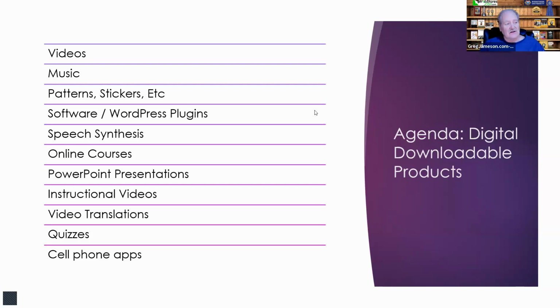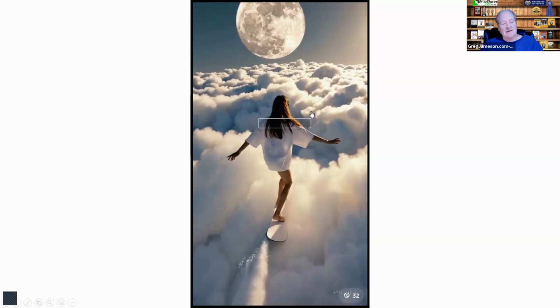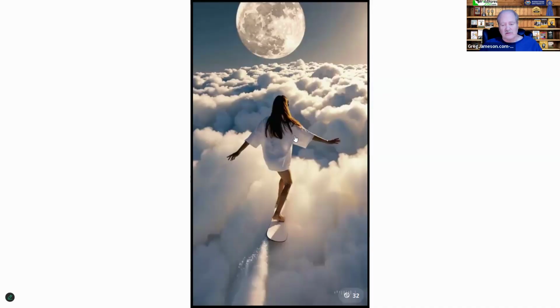But let's start out with videos. Videos are something that AI really started having some fun with about a year ago. Prior to that, AI was not very good at creating videos, and I'm actually going to share my entire screen with this. So this is a video that was created with OpenAI's Sora.